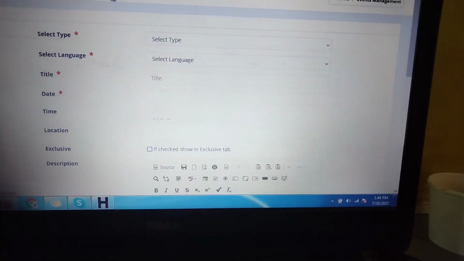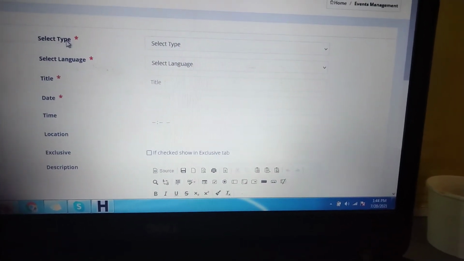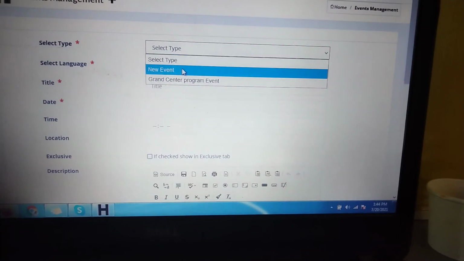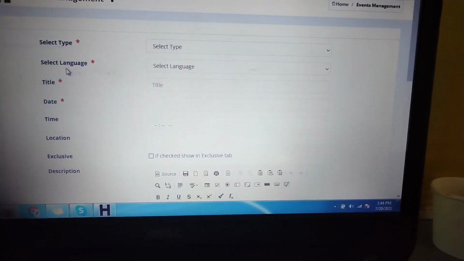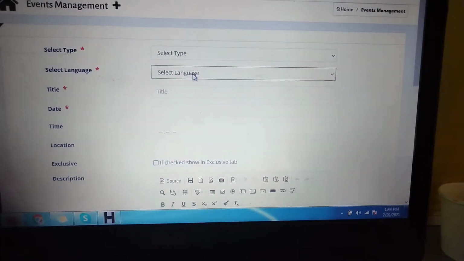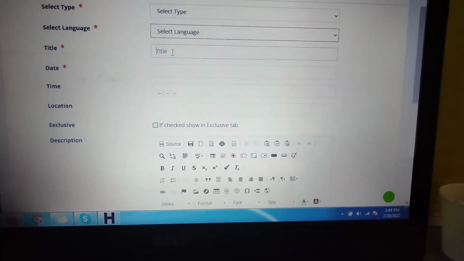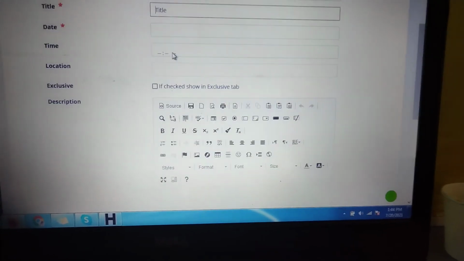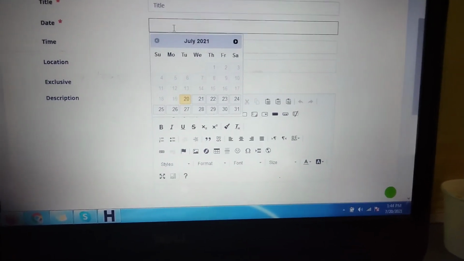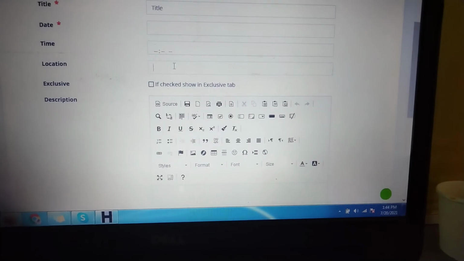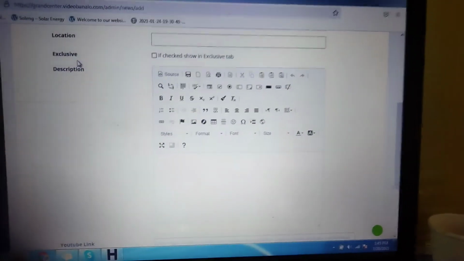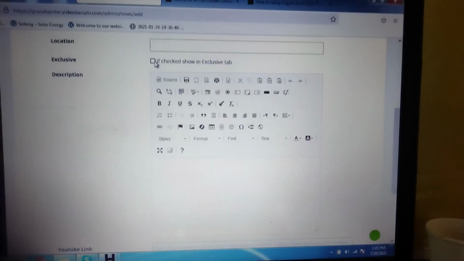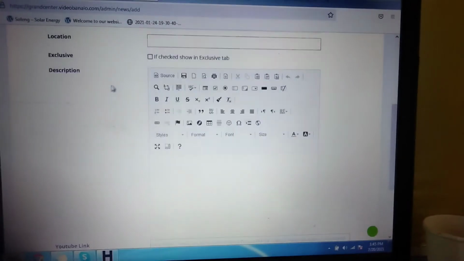Like this, here select type: new events, grand center program events. Next is language, English. Next is title. We can add the title, the event date, and the location, where it is. If we want this event in exclusive categories, then we click on this button; if we don't want it, we don't click.